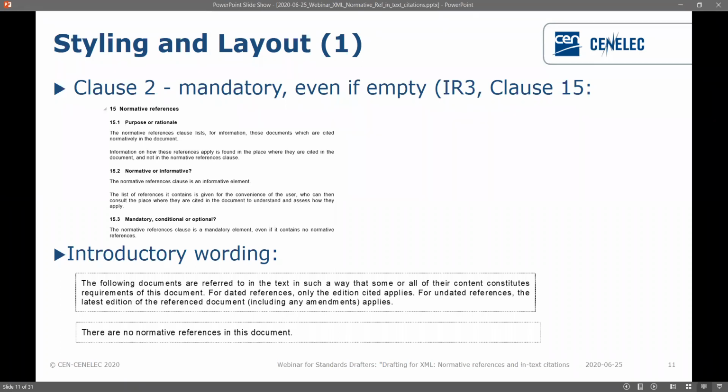What this allows you to do is, in the future, if you do have normative references or we identify that there's something there, we then don't have to insert the clause new and then renumber everything, because that causes us a lot of problems, and we can mess up some of the clause referencing therein. So just be aware of that.